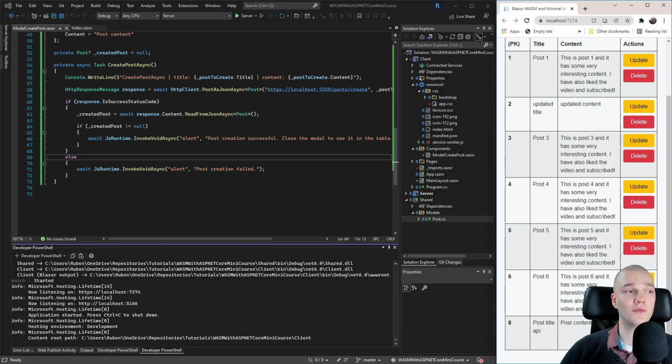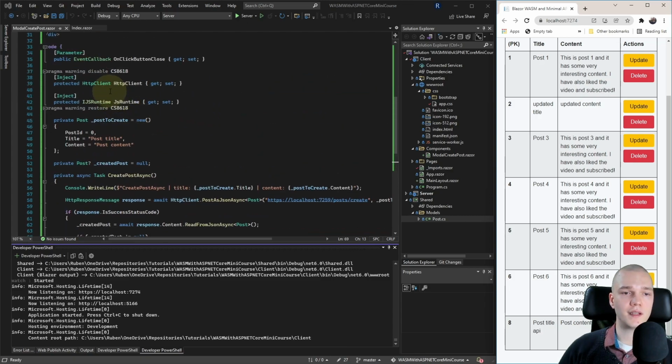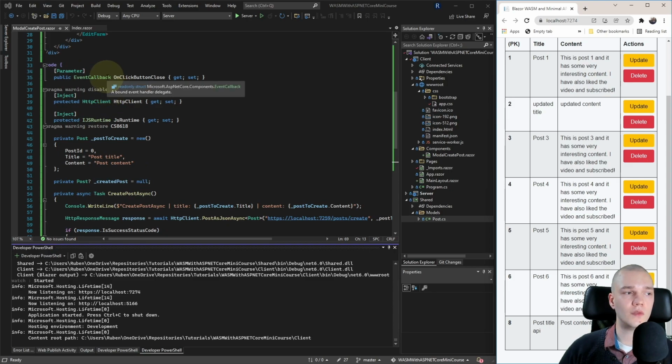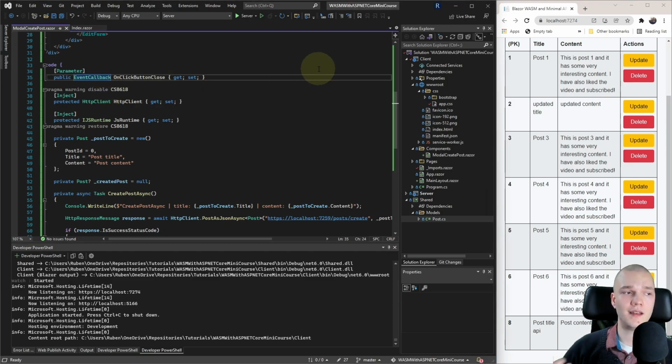So I actually want to add the created post we get back from the server to the list on the index page without doing another get all posts API call, and we can modify our event callback for that. So on the event callback we can add a generic, and that will get sent along when it is invoked as a parameter.